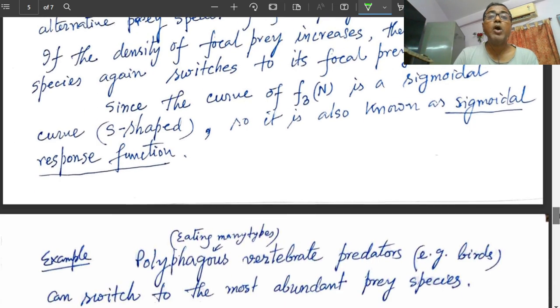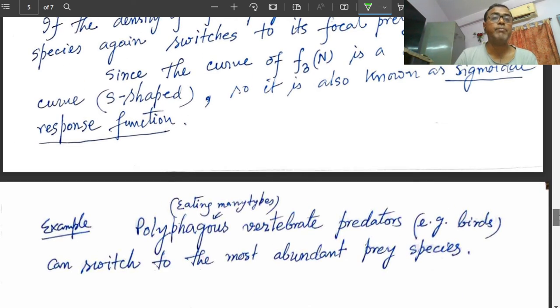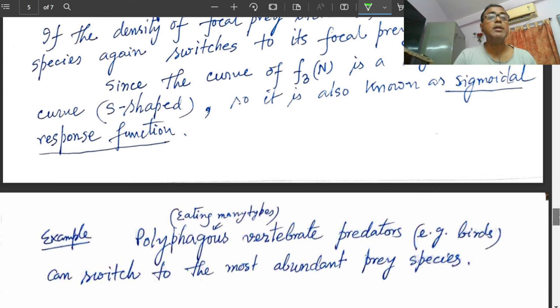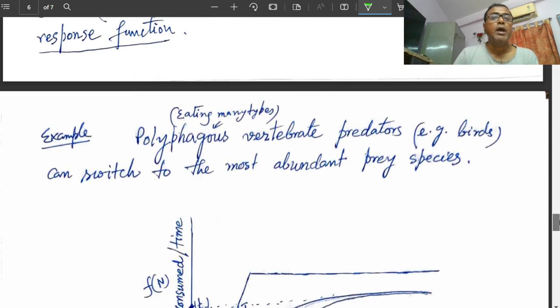Since the curve of F3(n) is a sigmoidal curve, that is an S-shaped curve, it is also known as the sigmoidal response function. This type 3 Holling type response function is called the sigmoidal response function. Example, polyphagous. Polyphagous means eating many types of animals or others, and vertebrate predators like birds can switch to their